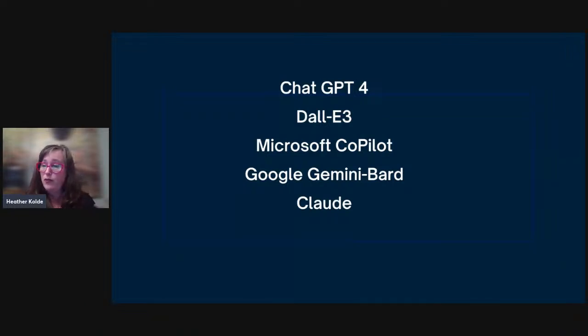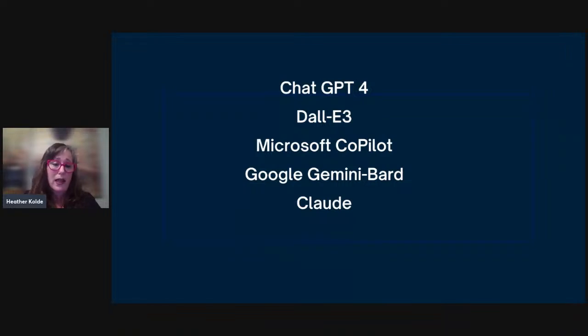DALL-E, I have mentioned DALL-E 2 before. That's in its third generation of creating realistic images just from natural language. And it's amazing just the growth in these images and the generation that we're seeing, and how realistic and how incredible they are. And not just in these, but in Canva that many of us are big fans of, or even in Adobe Express and the ability to use it as a tool to create images. Pretty amazing, very accessible to us as teachers. So helping students just to understand what these are.